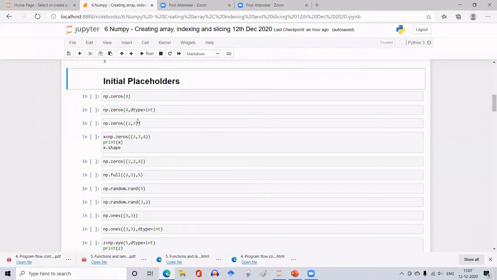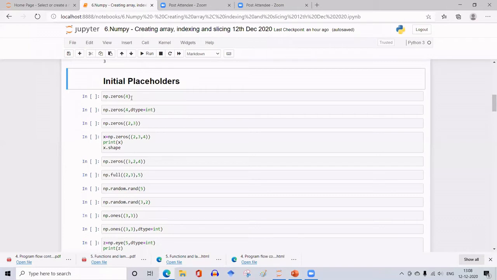It has got 1 along its diagonals and 0 in the remaining elements, is it not? Or it may be all zeros, and then while computing, we will go on replacing these zeros with the computed value. So initially we have to initialize it with some value. So that is done by placing placeholders in the elements of the array.